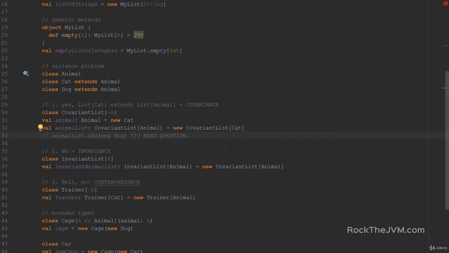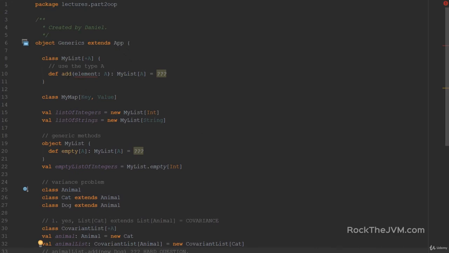Because I have cats and then a dog, which makes the whole list a list of generic animals, right? So adding a dog to a list of cats would actually turn it into something more generic. So a list of cats, by adding a new dog to it, will turn it into a list of animals. Now, the technical implementation of this into the add method right over here is something like the following, and I